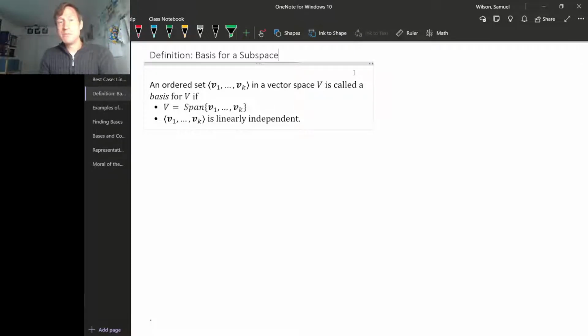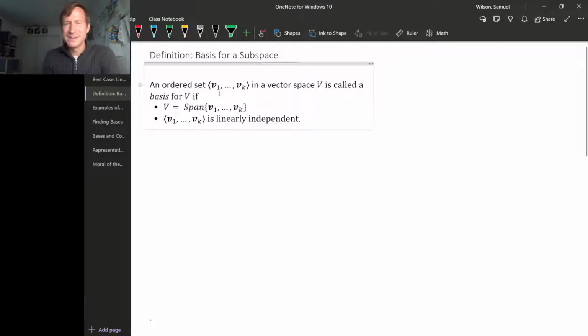So we've defined what we mean by a basis. A basis for a vector space is a collection of vectors that span that vector space, and also the collection is linearly independent. Incidentally, notice that I'm requiring that this collection of vectors actually have an order associated with it, not just being a set, but actually a list of vectors. And there's a technical reason for that we'll get to eventually, but for now, the distinction isn't